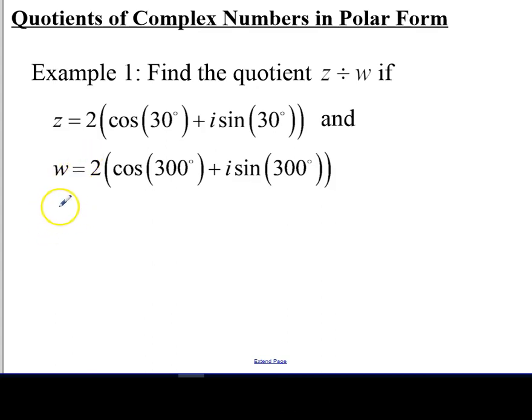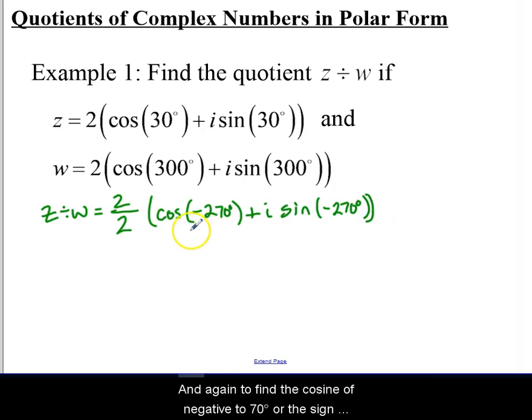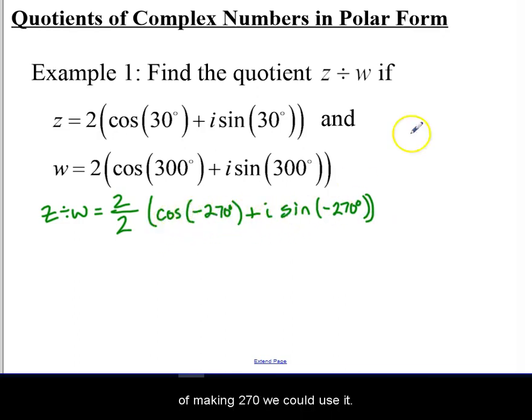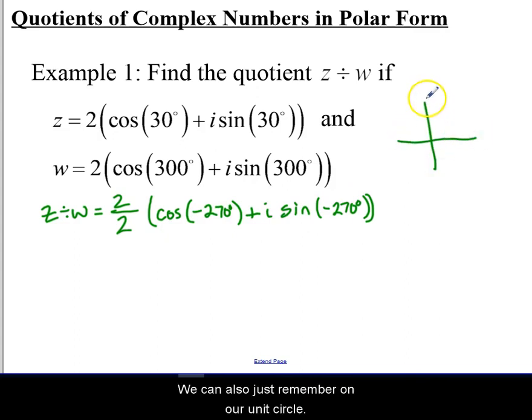Okay, so hopefully you did so. It looks something like this. We're going to divide the radii and then subtract in order the angles. And again, to find the cosine of negative 270 degrees, or the sine of negative 270, we could use a calculator. We can also just remember our unit circle,